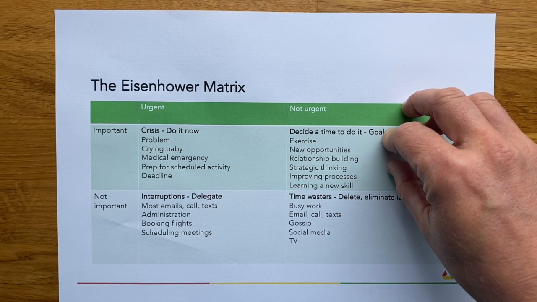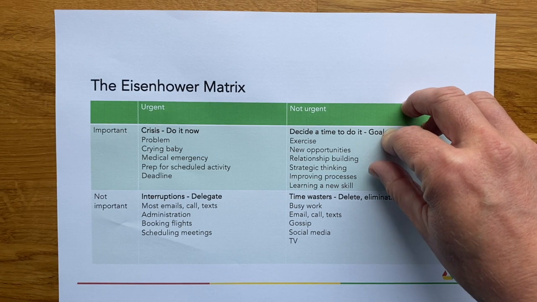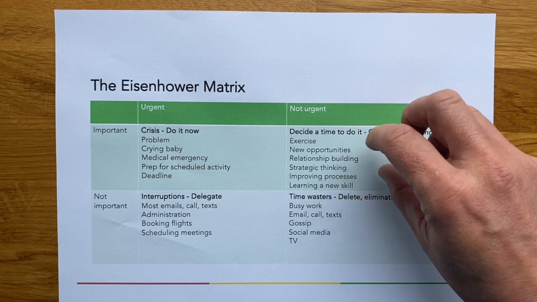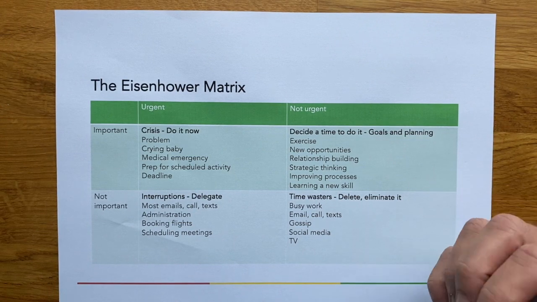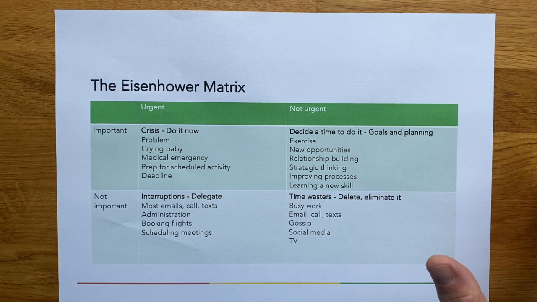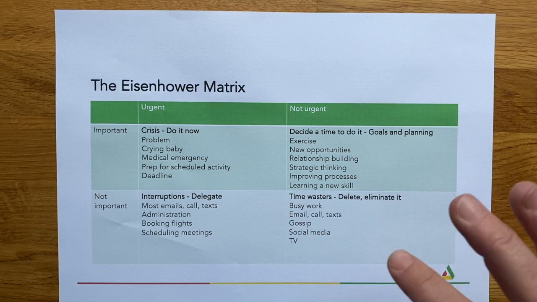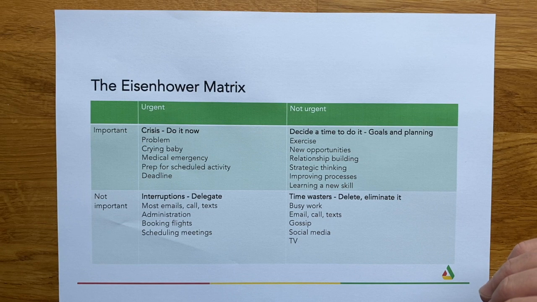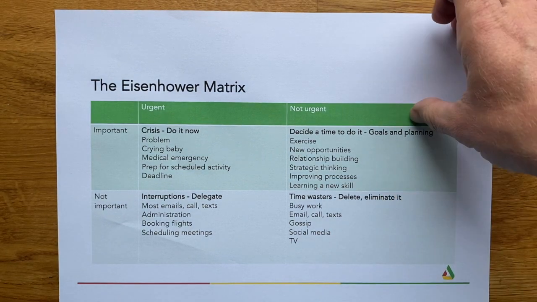So this matrix is a really useful one in really carving out that time, which can be really powerful in moving forward. It's readily available. If you just put this into a Google search, you'll get a lot more detail and information than what I've outlined here. But it's just something that you might want to think about. And by doing this exercise, it might raise for you some questions. So those questions might be something that you reflect on in your presentation.